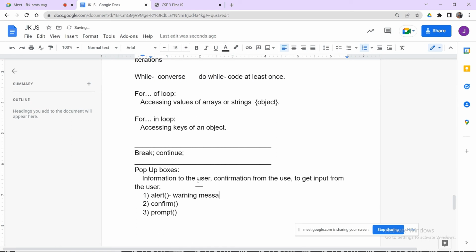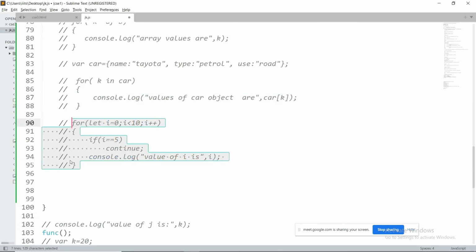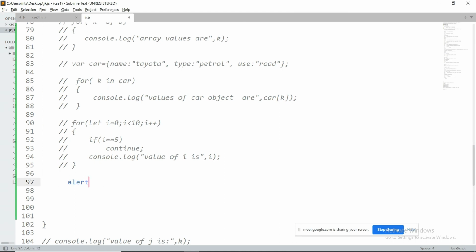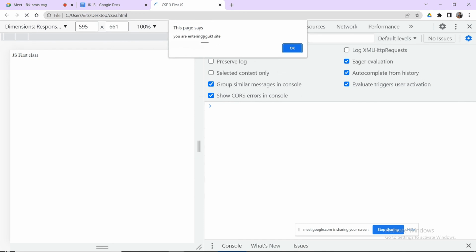Let me comment this one out and write alert of you are entering RGUKT site. If I refresh here, it provides information to the user along with a box. You cannot perform any operation on this website unless you click OK. So it's just a kind of information or warning.